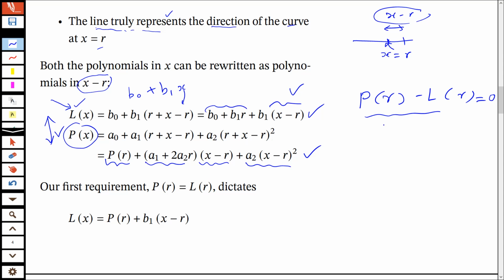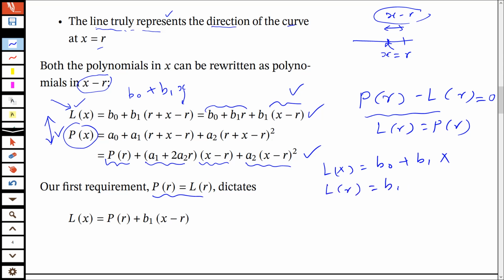Which means that L of r must equal P of r. Yeah, that's the requirement. That simply means, what was L of x? If you remember, L of x was b0 plus b1x. Now I want L of r, which is b0 plus b1r, just set x to r, and I want this to be P of r. So which means that